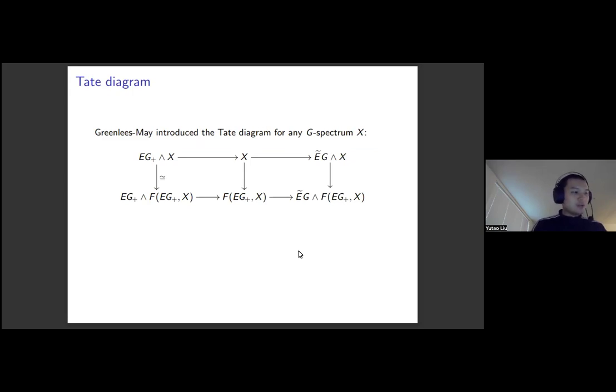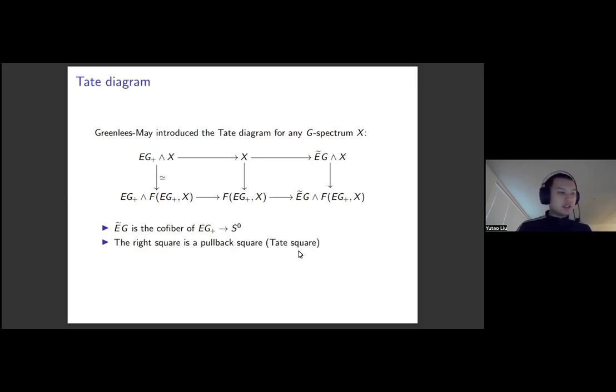Greenlees and May introduced the following Tate diagram for any G spectrum X, as you can see. Here, tilde EG is the cofiber of a special map from EG plus to S^0. One observation of this diagram is that the right square here is in fact a pullback square, which we also call the Tate square. The Tate diagram is a quite powerful tool in equivariant homotopy theory, since if we take the